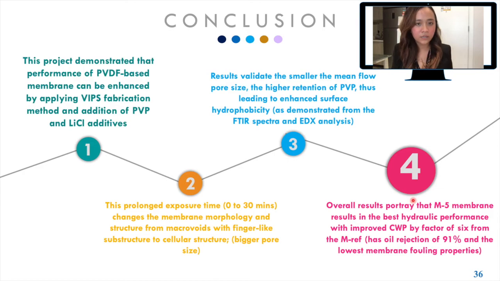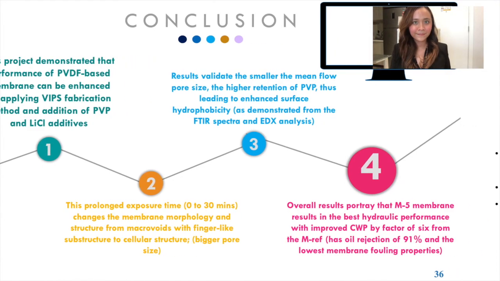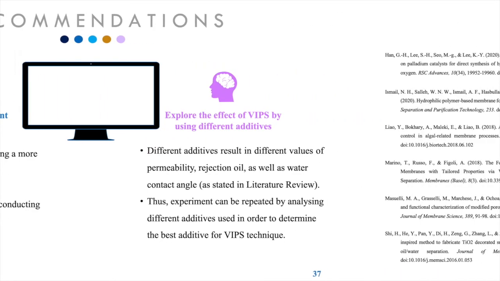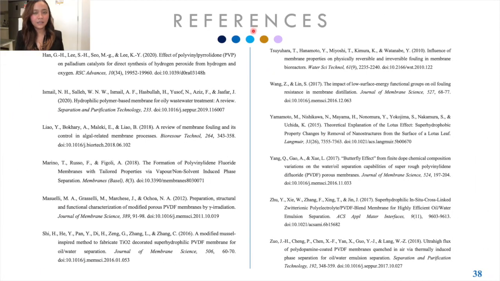The overall results portray that the M5 membrane results in the best hydraulic performance with improved clean water permeability by a factor of 6 from the MREF, an oil rejection of 91%, and also the lowest membrane fouling properties. Moving on to the recommendations, there are 2 recommendations which include repeating the experiment and exploring the effect of VIPS by using different additives. And lastly, these are my